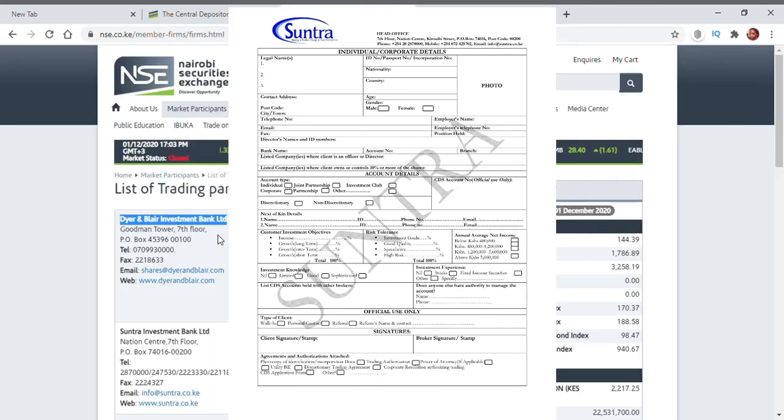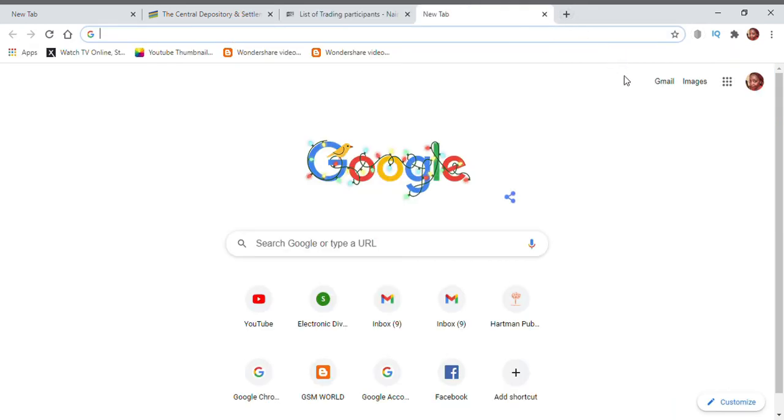Once you talk to these people, for example Suntra, they will send you the KYC form and the CDS application form so that you fill it online and send it to them. Make sure you have 2 passport photos and your bank account where you can top up your account, and then you end up having an account just like this one. So I will show you a live CDS account right now to show you exactly